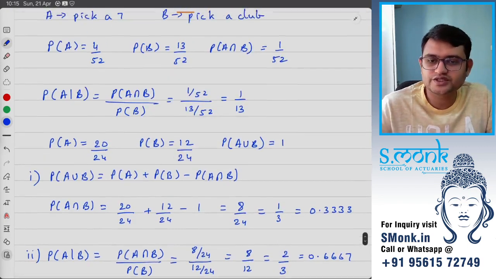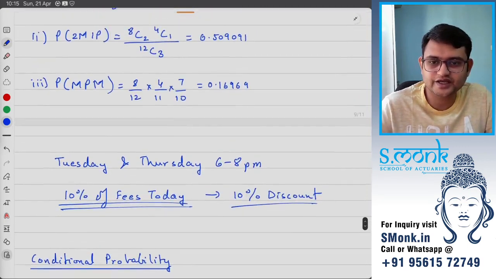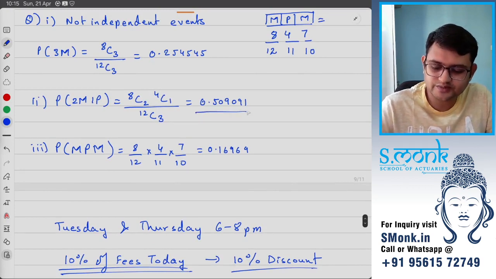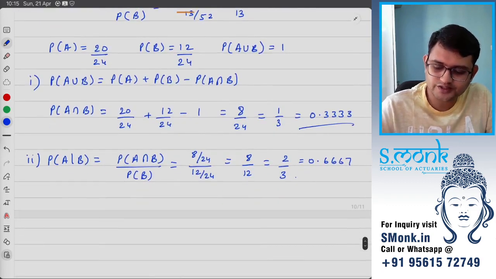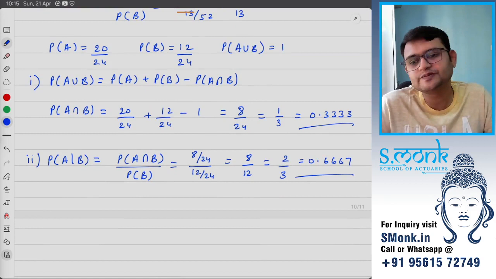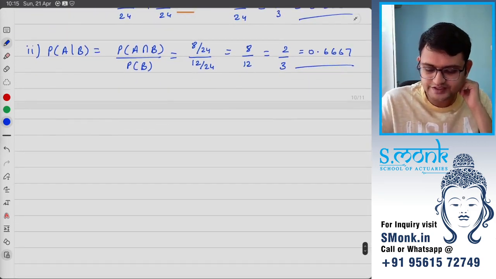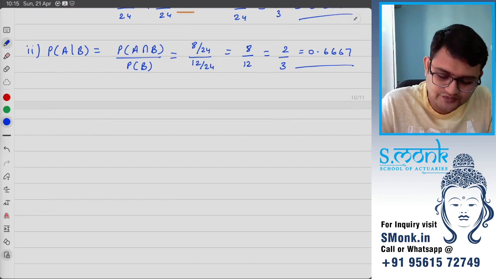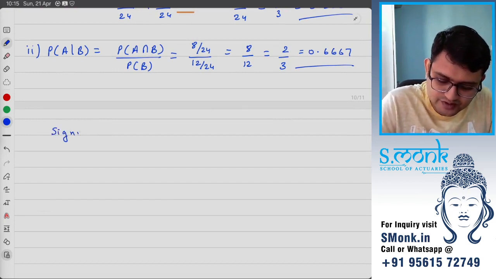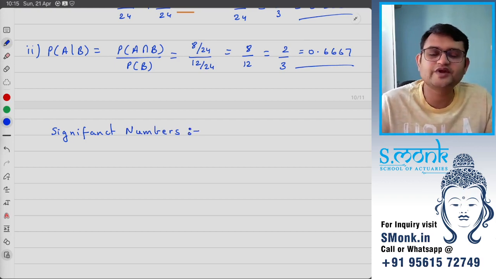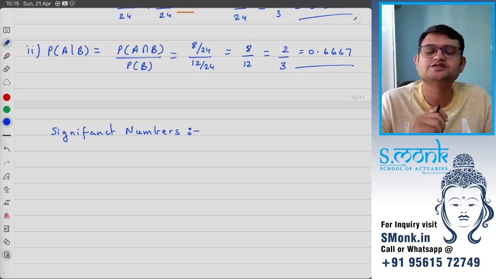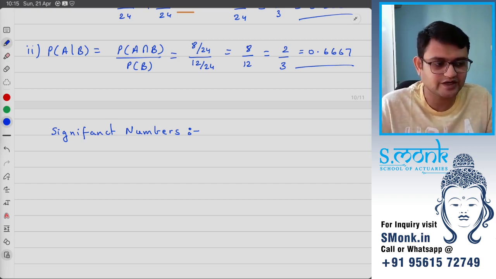Now you might have noticed that for answers written in decimals, I am sometimes using 6 decimal points, sometimes I am using 4 decimal points. Now there is a logic behind it. We say we are not worried about the decimal points, we use significant numbers. What's a significant number? A significant number is the digits that give value to a number. So that means,